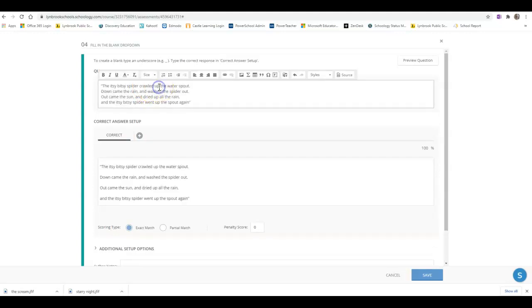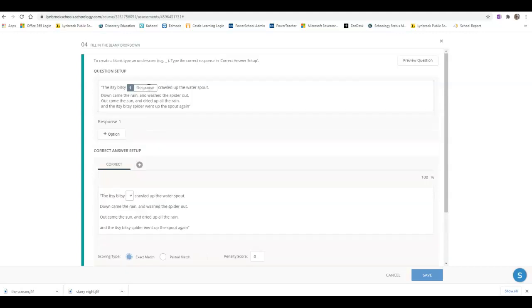Once you have your question, you're going to determine which areas you would like a blank to be inserted. You can do this in two ways. You can create a blank by typing in an underscore by clicking on the Shift button and the dash button. The other option to create a blank is to go up to your toolbar and click on the Insert Response icon. It's this little R in this dotted box, and that will insert a blank spot in the area